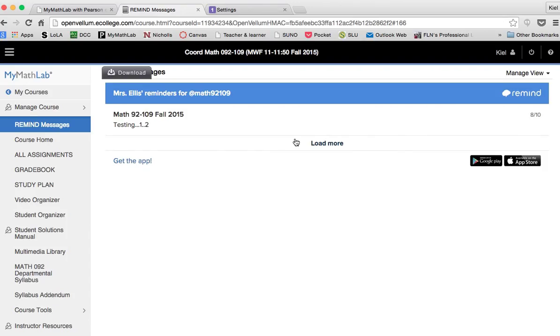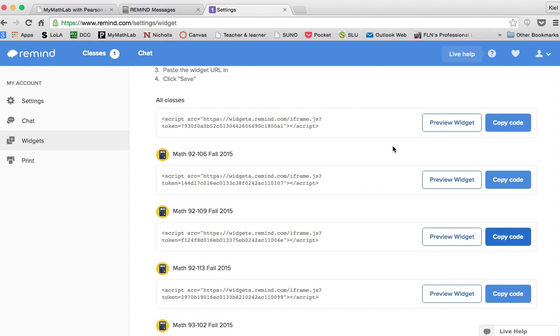Now you could make it the second tab or whatever tab you want, but every day they're going to see these reminders. And if I have sent it, it will be there. Okay? So that's how you add the Remind widgets. Now, if you just want to create a course,